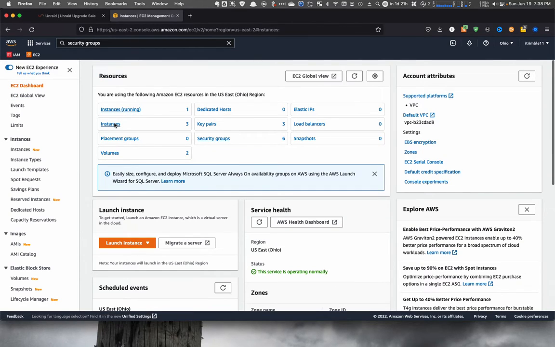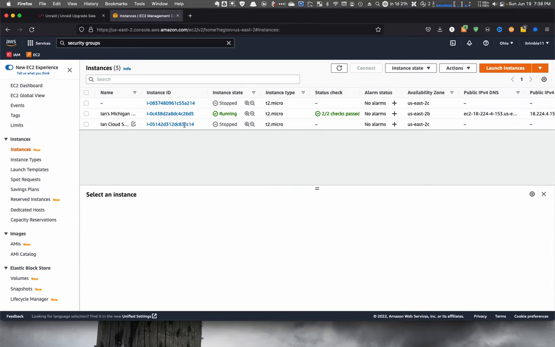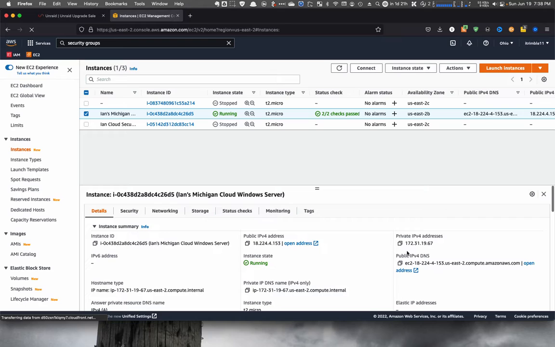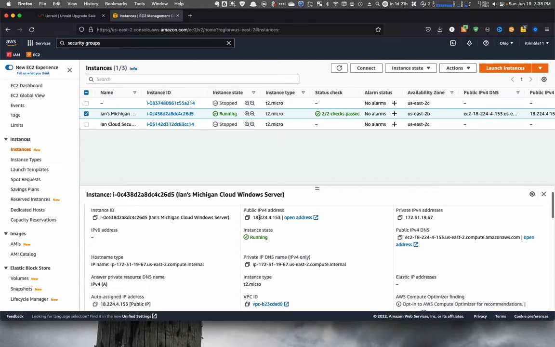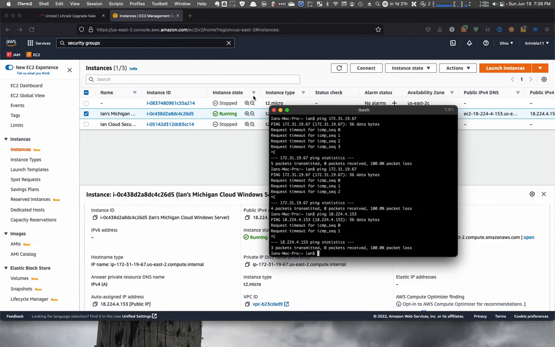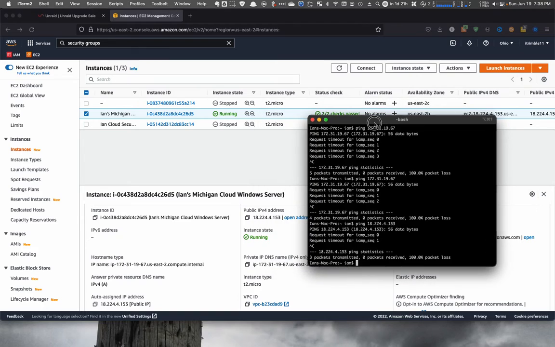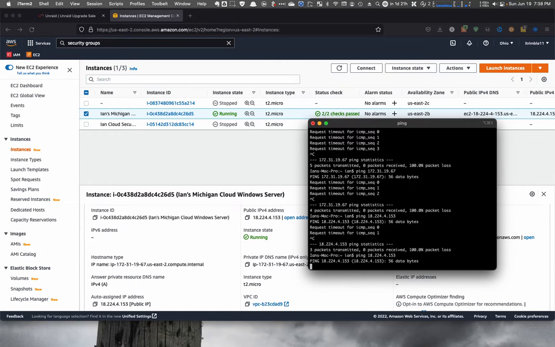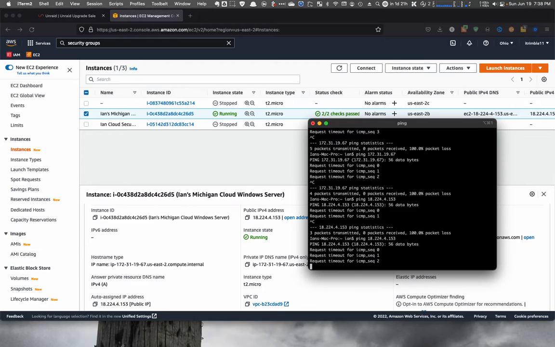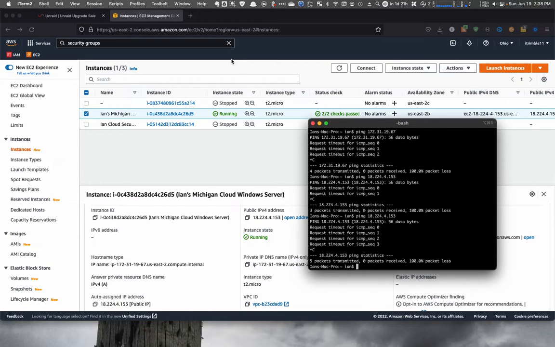Okay, let's take a look here. EC2 dashboard, instances, and I want to take a look at my Michigan machine here. And let's take a look here. Yep, so 18.224.4.153. Let's see what I got here. Let's go ping 18.224.4.153. So all right, still nothing. We're doing some real-time troubleshooting here. Let's go back